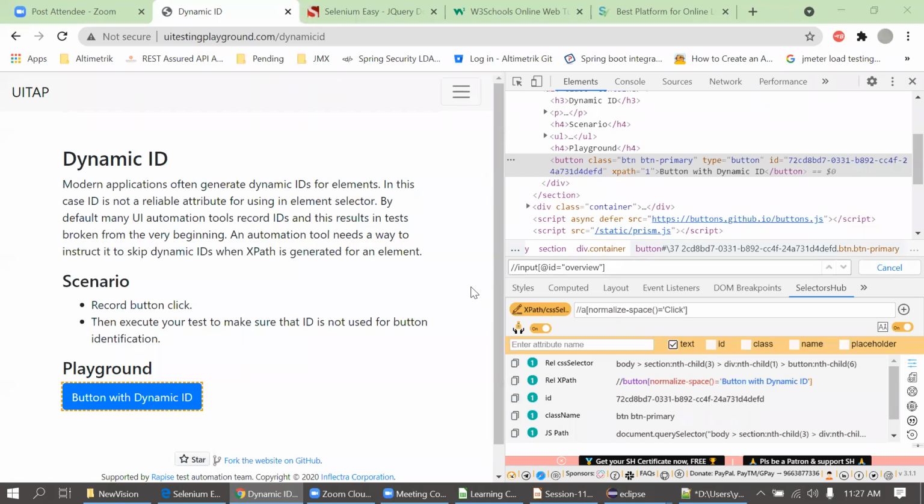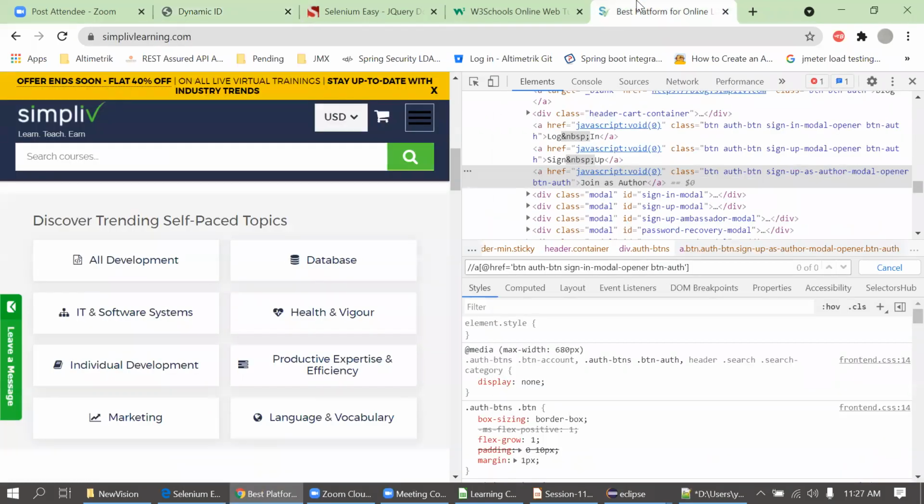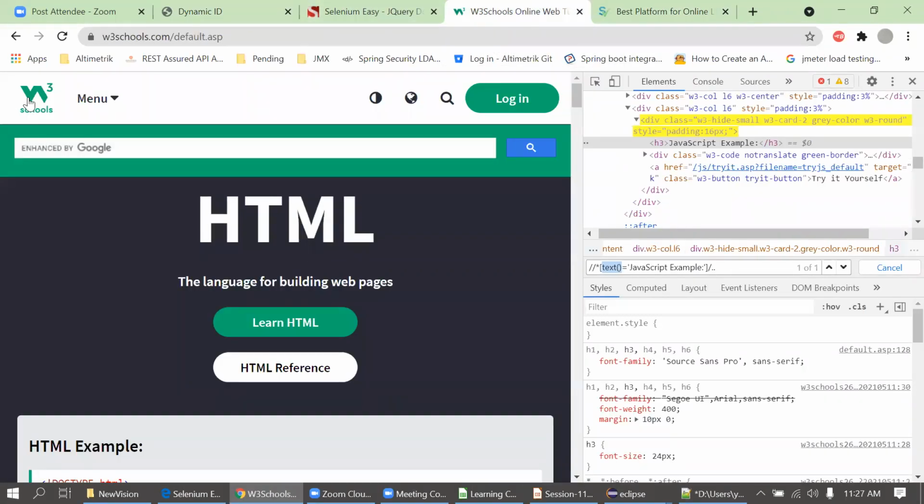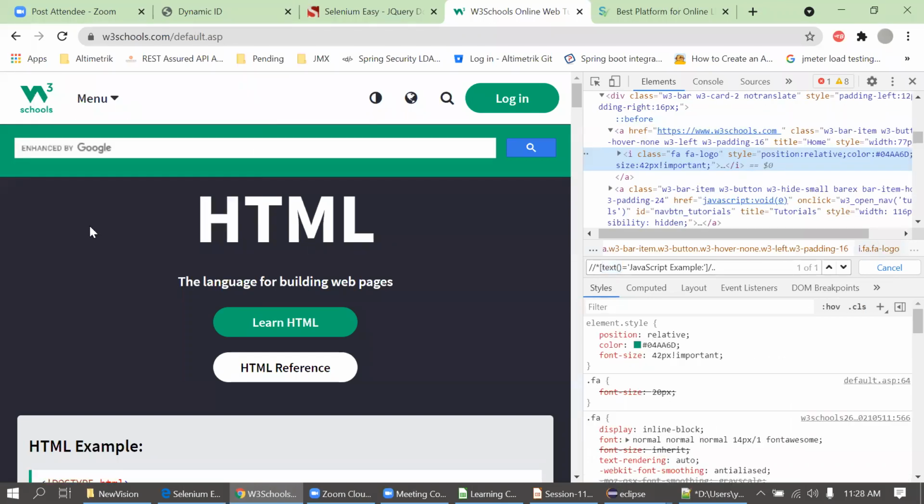Okay. So for that, what would be the path? Don't think about whether it's a text box or checkbox. We have to create the locator in a similar way to what I showed you. I'll simply go to this W3Schools page. It's an image, right? I just inspect this. The format is the same everywhere.